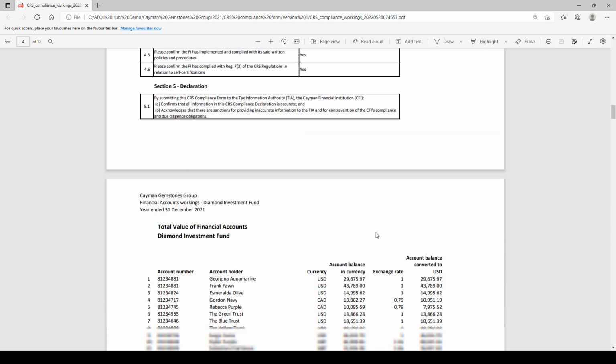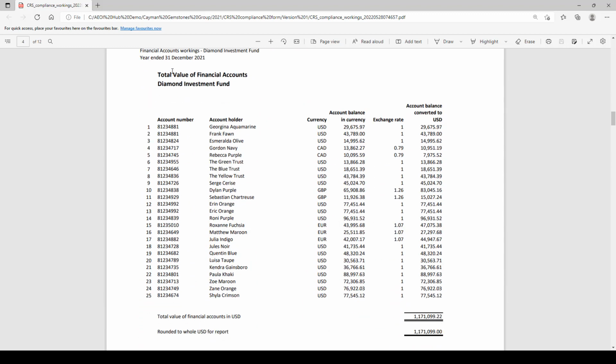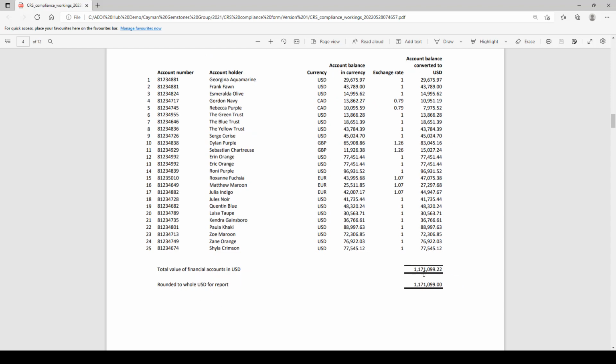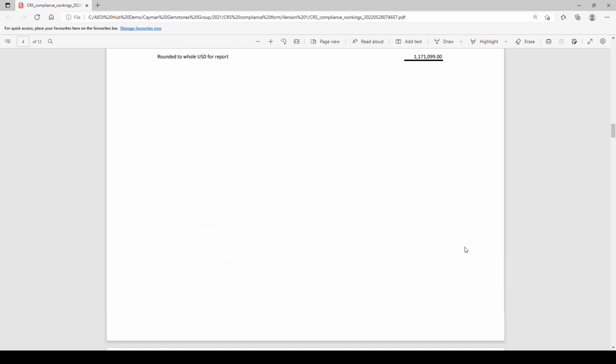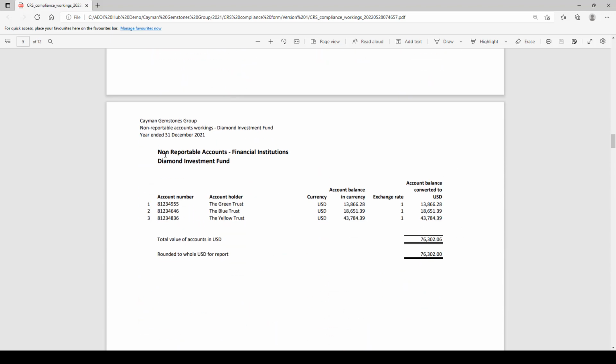And for each financial institution, we then follow that up with the workings behind that. So for example here, for the Diamond Investment Fund, the working behind my total financial accounts is displayed here with all the translations to US dollars, etc. And then for each category of non-reportable accounts, it's also showing you the workings behind that.